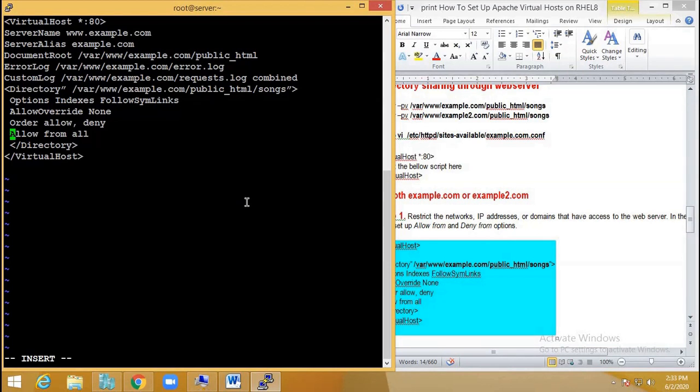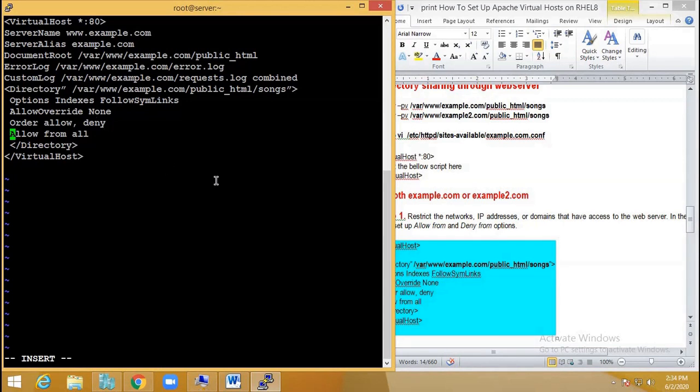So this folder can be accessed by all, or you can say allow from a particular IP address, and then only from that IP address can you browse, or allow from localhost. So this website downloading can be done only from the localhost. You can define allow or deny.